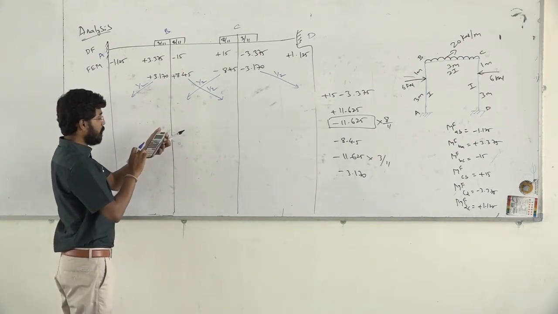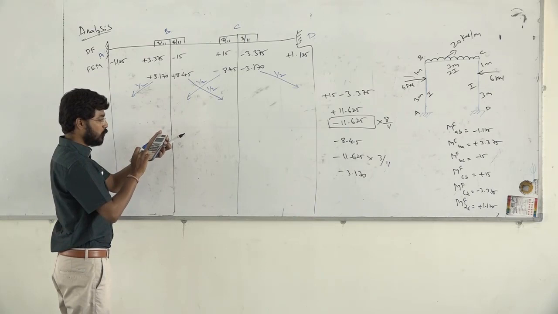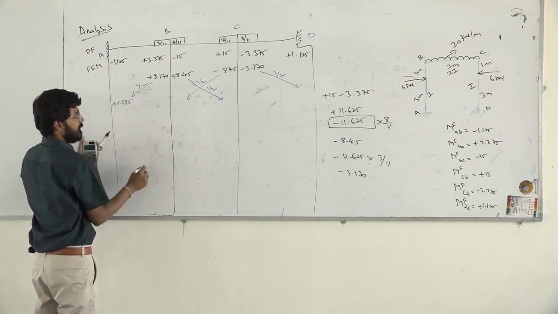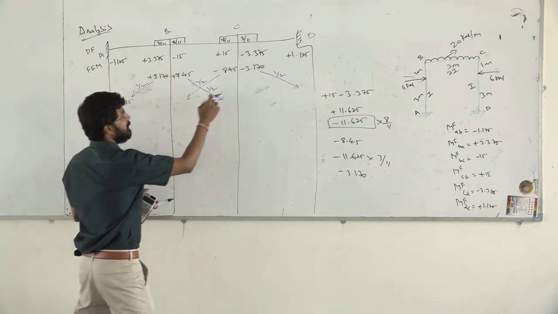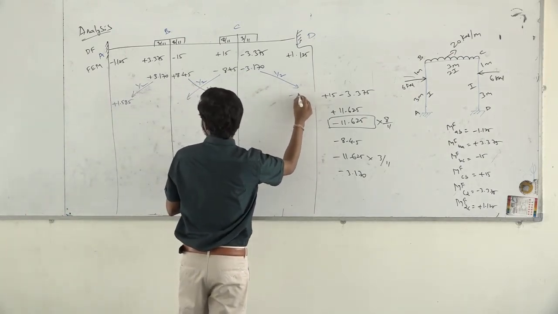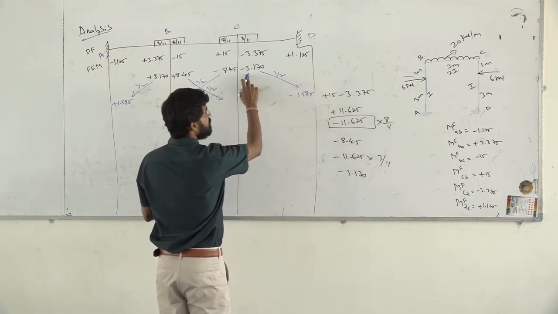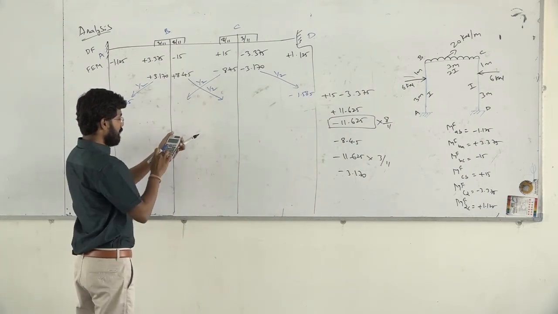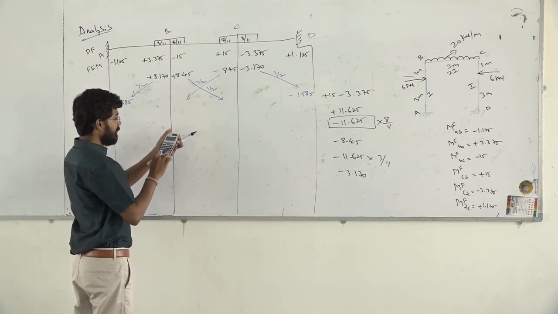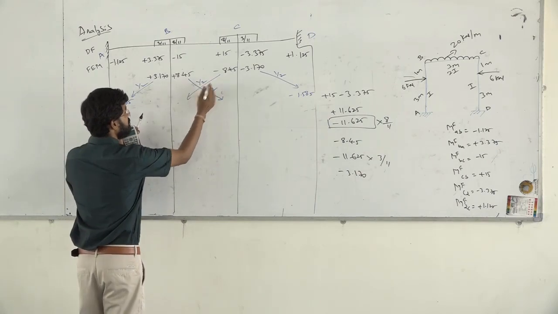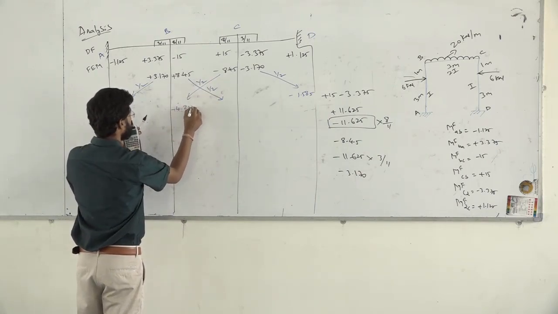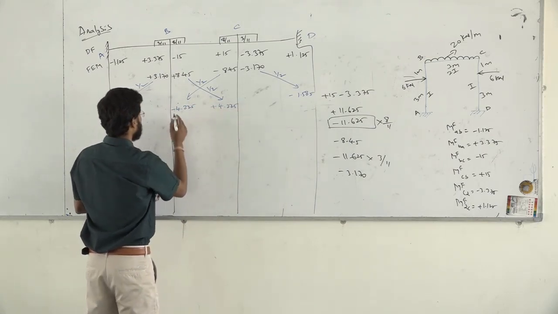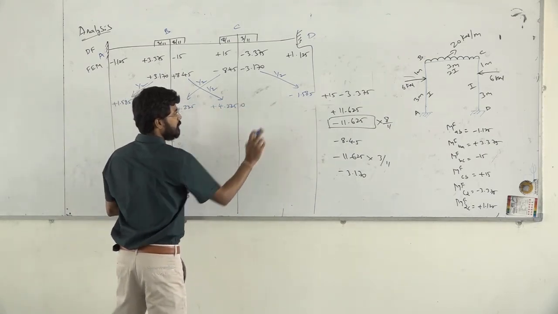Now how much is here? 3.170 divided by 2 will give plus 1.585. So we have to distribute this one here. Similarly, even if you distribute this one here, you will get minus 1.585. Now here 8.45 divided by 2 will be minus 4.225, and here you get plus 4.225. Then the remaining answers, here it is 0, here it is 0.